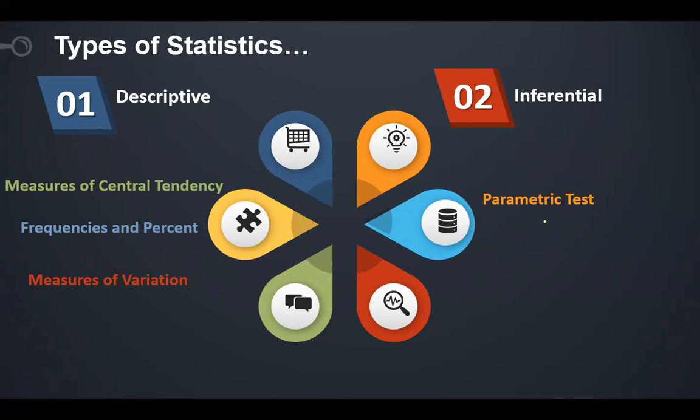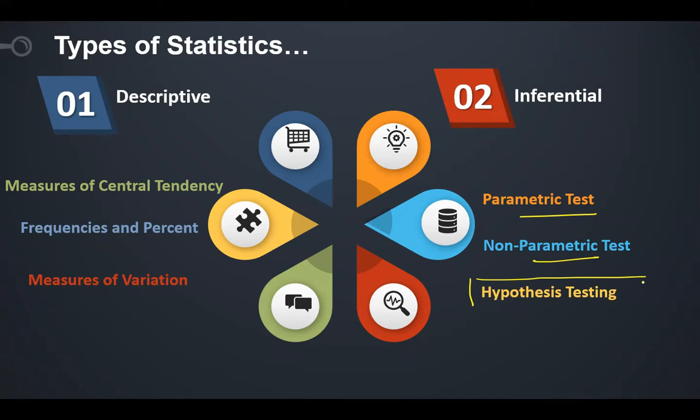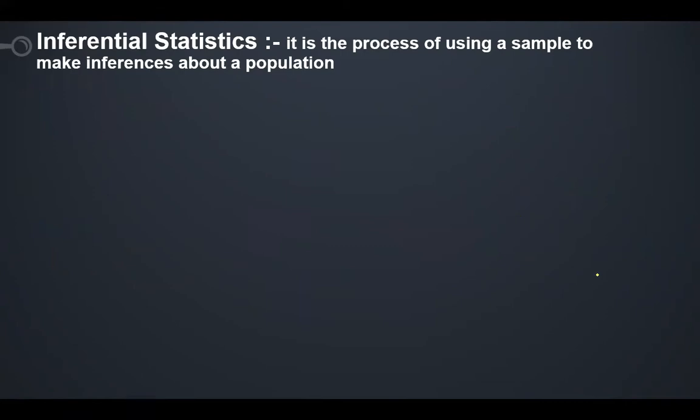Now, straight opposite to that is the non-parametric test. We do not know anything about the distribution, so these are distribution-free tests. Parametric and non-parametric tests we are going to study separately. Now, the topic for us to study is hypothesis testing: where to use it and when to use it. We will also see the terminologies used in hypothesis testing. Quickly, let's move on.